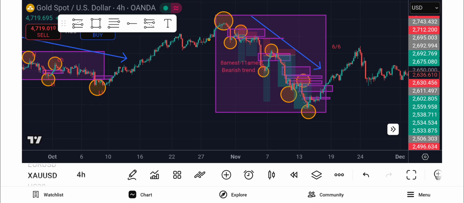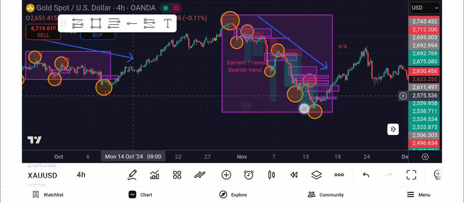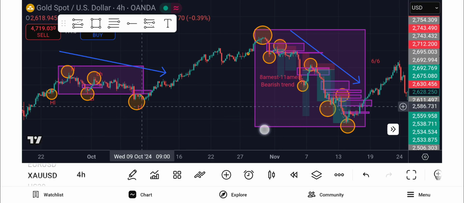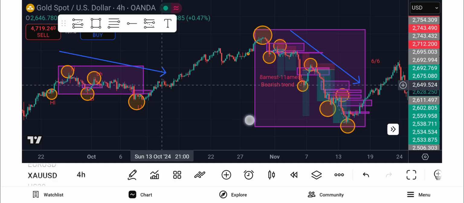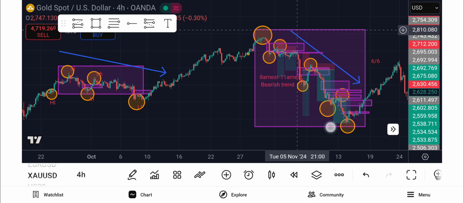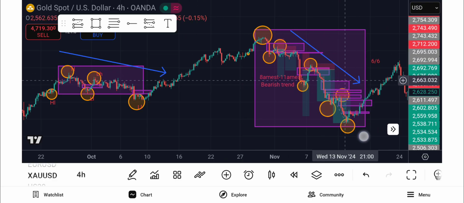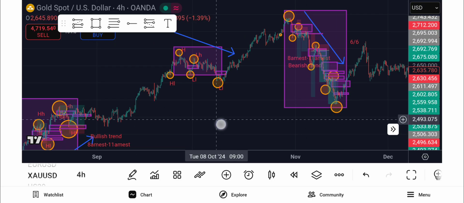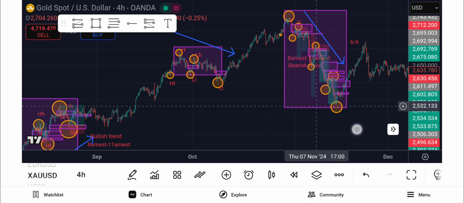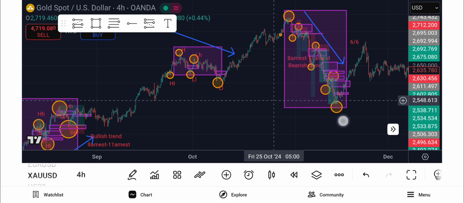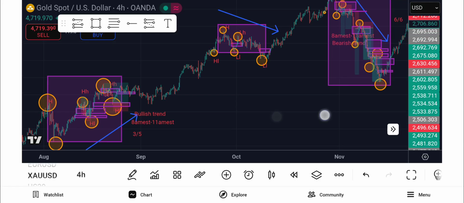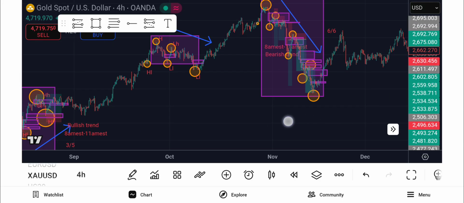So even though you didn't catch any trades here, that's perfectly fine. Because if you really knew how to enter trades, you would have entered. You would have found some here, or you would have waited for another bearish trend to happen, and you would have been 100% up. So if you only took these two trades, the first bullish trade and this second bearish trend, ignore this one, you would be in total